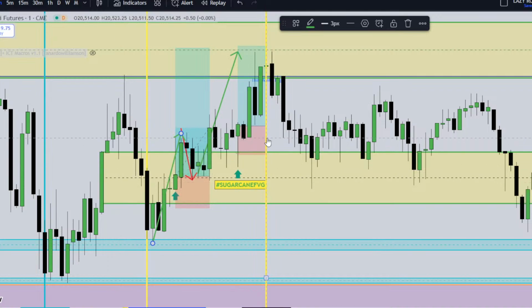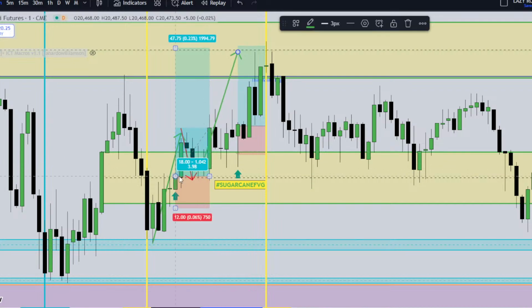Third step, wait for 950, 1010. What am I looking for? Do we break above or below? We tried to break below. We couldn't. That's what also adds to me really looking to take this long trade because I saw us already trying to break below, already trying to retest and then fail. When I see that, I'm looking at boom, we try to push out and now we're just retesting the middle. We failed to break below the middle. Notice we couldn't even break below the middle, much less looking for it to break out of it. And once I see that middle start to get a little push,